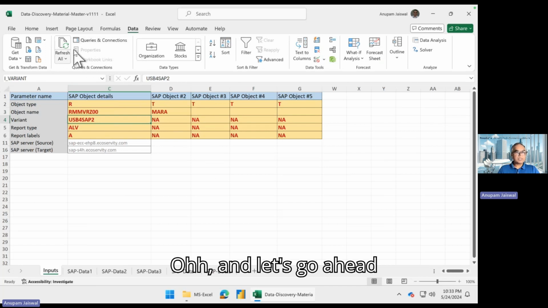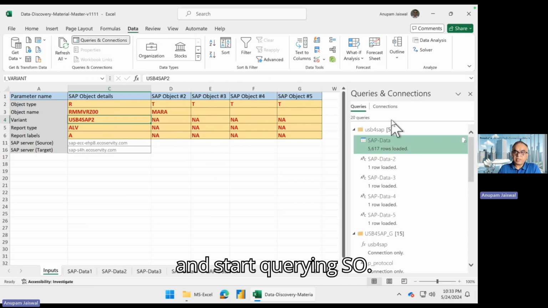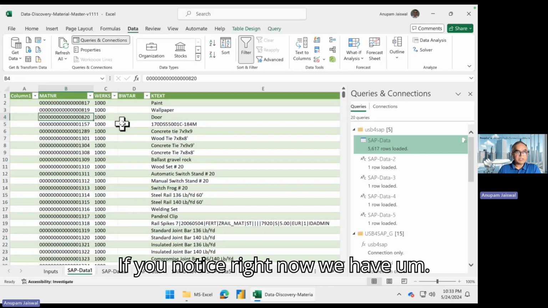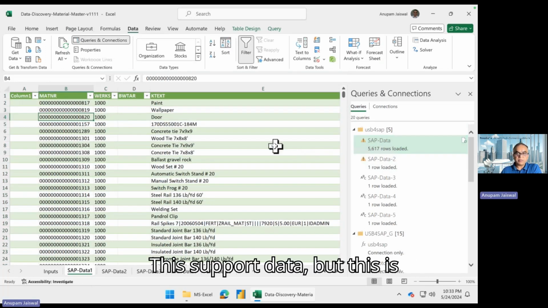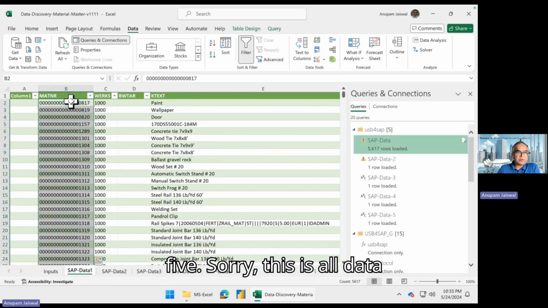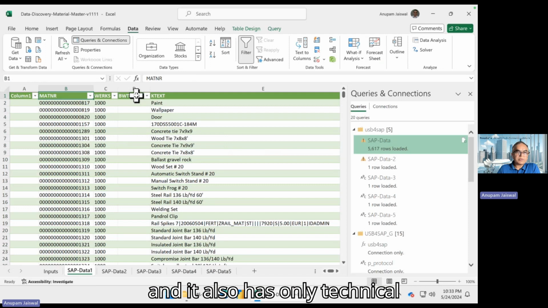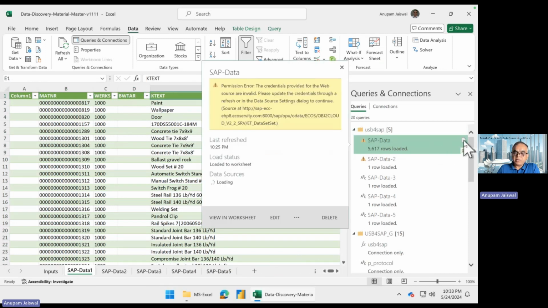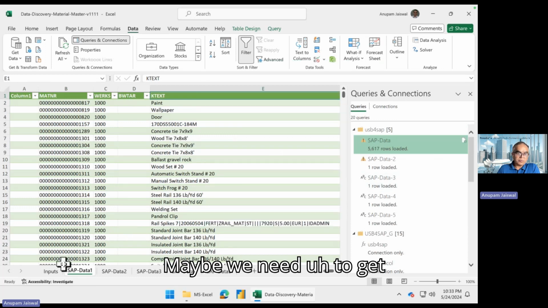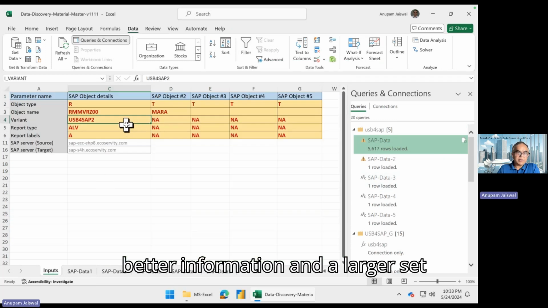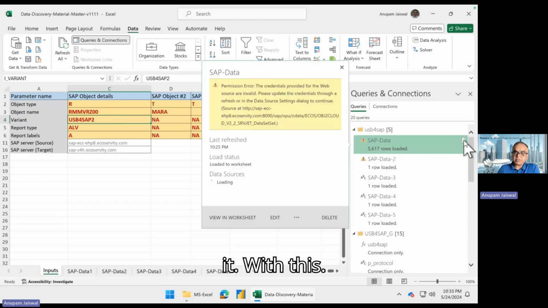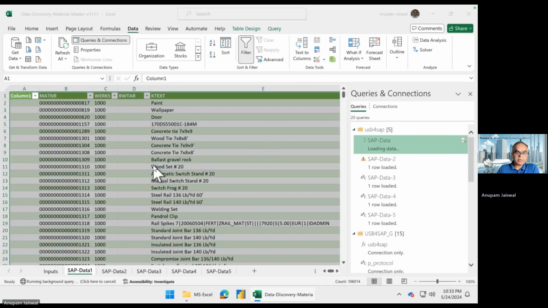And let's go ahead and start querying. If you notice right now we have this report data, but this is all data, and it also has only technical field names, BWTAR, KTEXT, etc. Maybe we need to get better information and a larger set of data. So if I refresh it with these parameters,